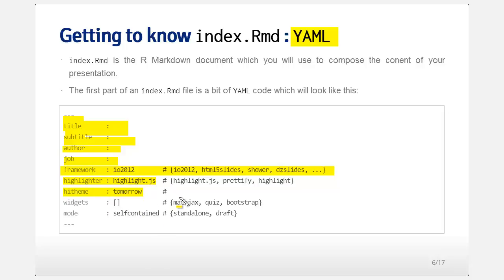The widgets talks about some options. MathJax is for mathematical equation rendering. Quiz is for these kind of automated quiz things. Bootstrap is the Twitter Bootstrap style, which is a CSS style that I guess Twitter created. The mode,